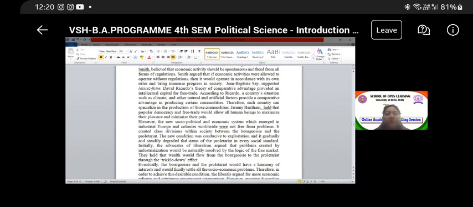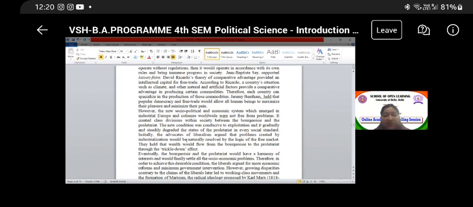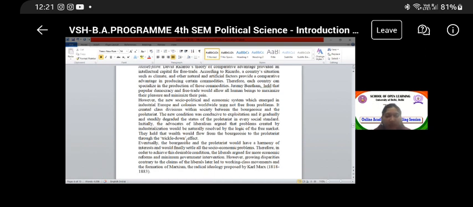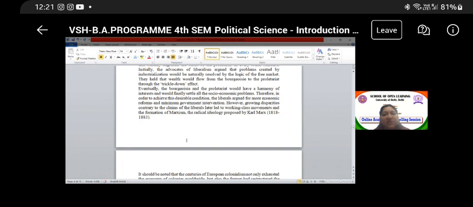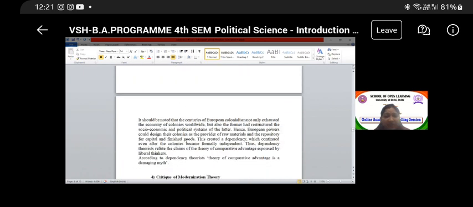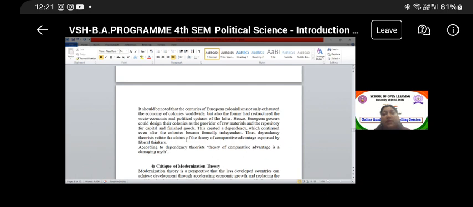However, it doesn't happen when we look at the colonies, especially the colonies which were freed recently. They don't become equal, but rather they become subservient to the rules and regulations which are already made by these 4 countries. Okay, and later we also see that the 2 groups of bourgeois and proletariat exist in terms of these 2 different economic zones, and the desirable condition is not achieved by these less advanced economies. Okay, so basically dependency grew against the liberal ideas of free trade, and the design of free trade does not give any kind of advantage to the Latin American, Asian, or African countries. That's what the dependency school of thought is saying.